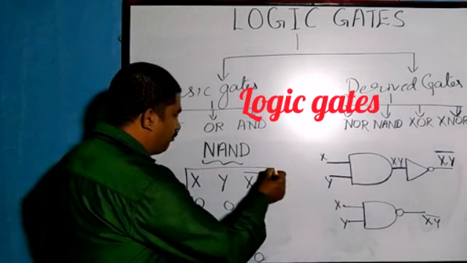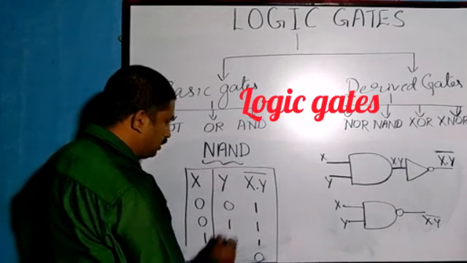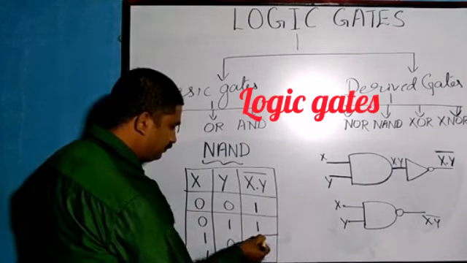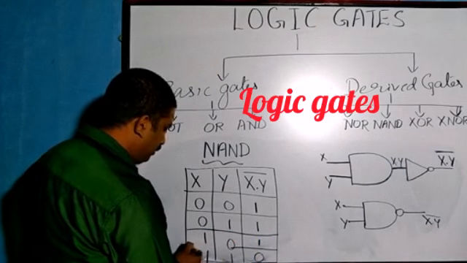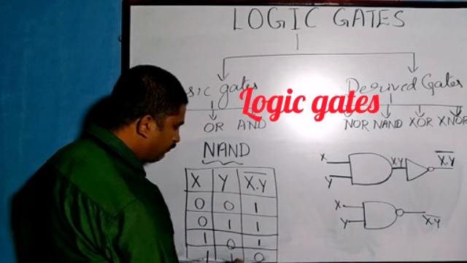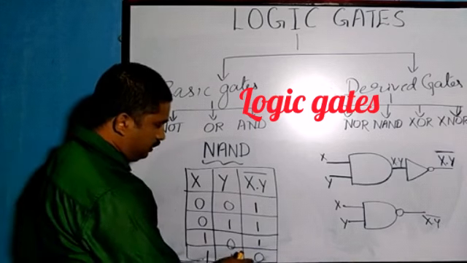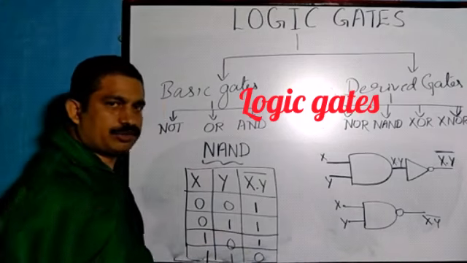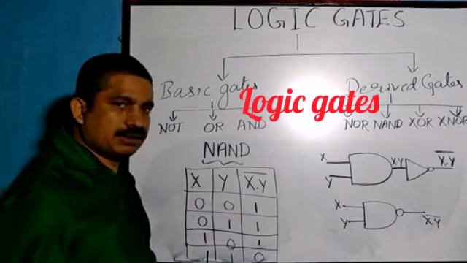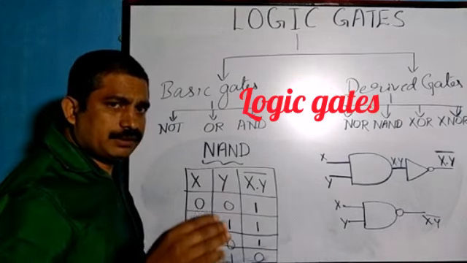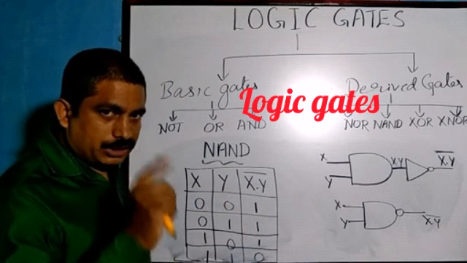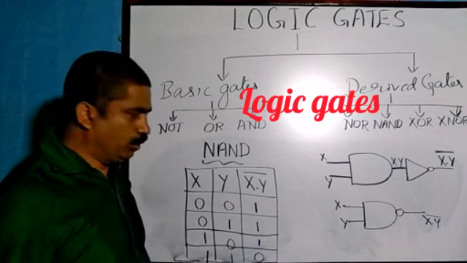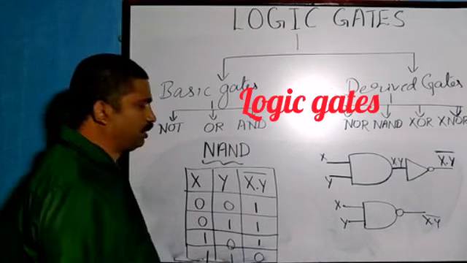Okay. So this is the truth table for which gate? NAND gate. Okay. You can observe here. What is the statement? When both the inputs are high, output is low. So this is the statement for the NAND gate. The NAND gate works with 2 or more inputs and gives only one output signal. When both the inputs are high, output is low. So this is the truth table for the NAND gate.